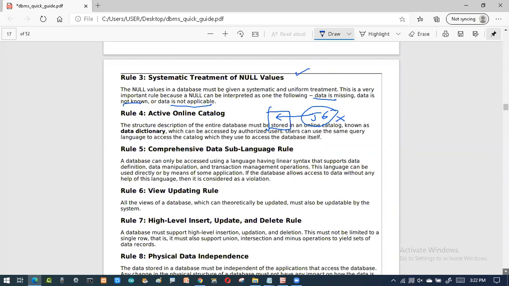That means the data which you want to store onto the hard disk should not be blank. The meaning of the null value is that it is not applicable. For example, if I have to register myself in the college, I'm telling the person to give the phone number. Then you will say, sir, I don't have my phone number, I'm using my father's number, so it will take some time to get my own mobile.